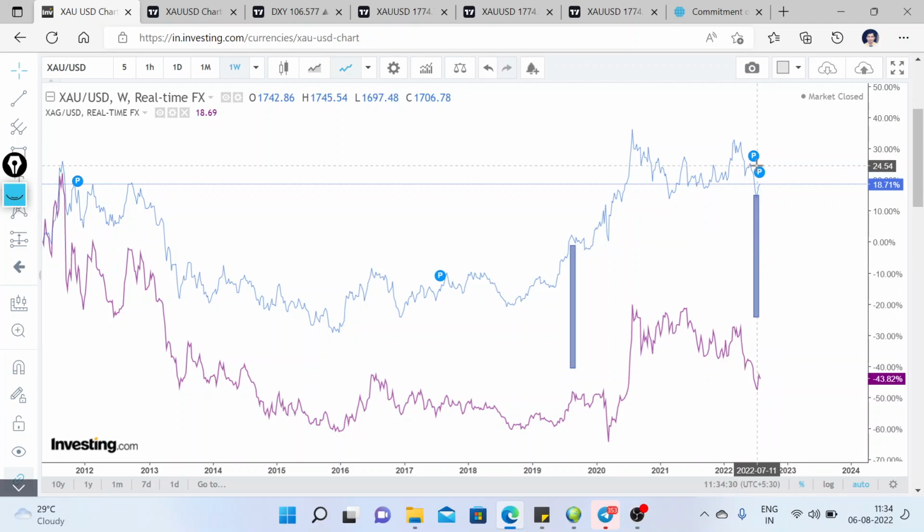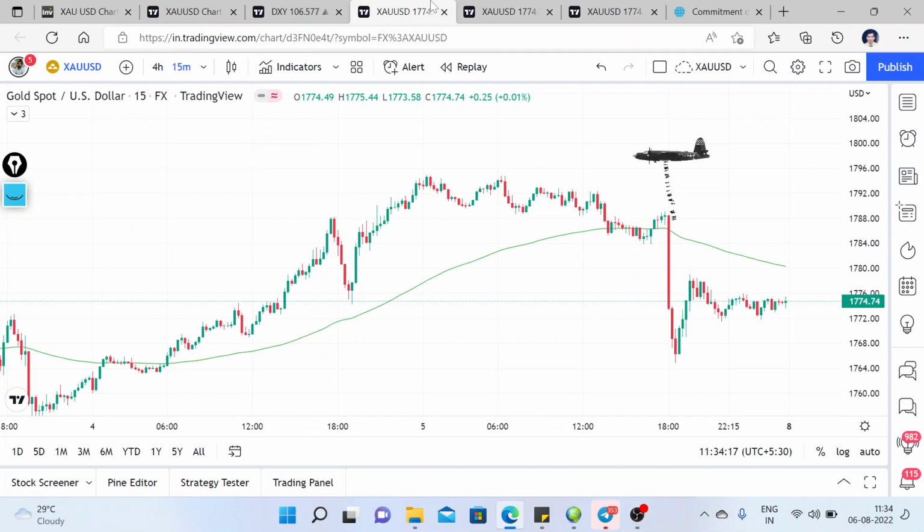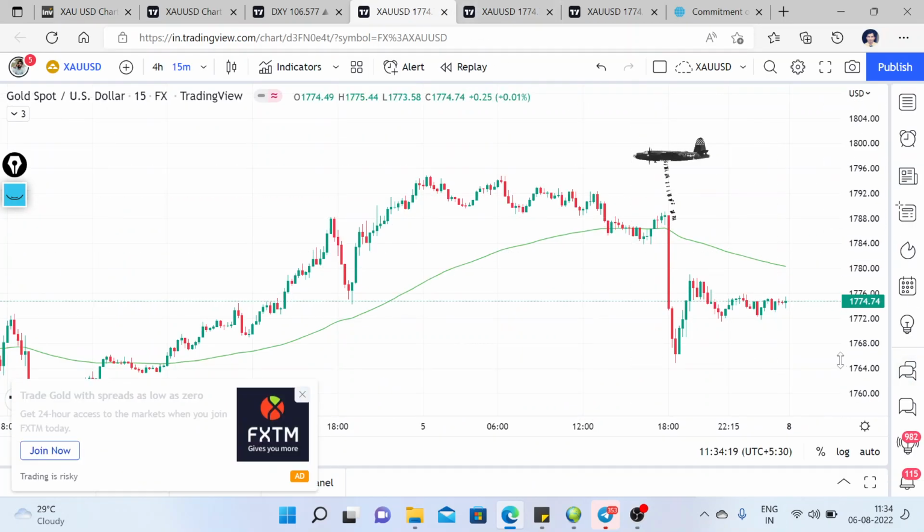In the last 2 to 3 trading sessions, we have seen a good jump. But for gold, we have to focus on the current level and the levels from yesterday's trading session. So we have to keep an eye on those levels. If price is able to break out, then we can look for a buy entry toward the higher price level.